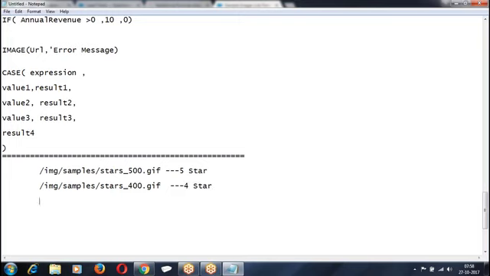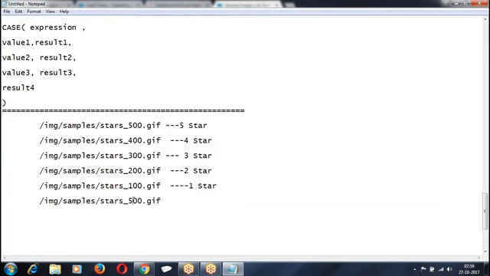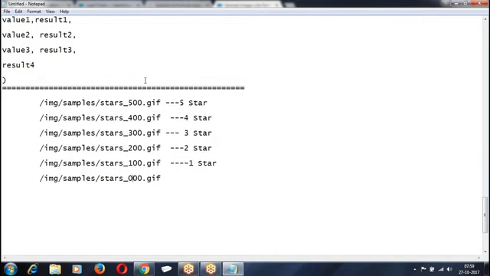These are the images we have: 5 star, 4 star, 3, 2, 1, 0.